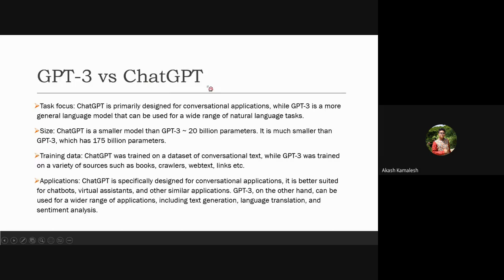And GPT-3 versus ChatGPT was what I wanted to talk about. ChatGPT is primarily designed for conversational AI. So it is specifically for conversational applications, like you talk to it as a bot, as a person, to get your answers. So the training data is also different. GPT-3 is a more general model which can be used for a wide range of tasks. So you could alternatively ask it to do much larger tasks for you, whereas ChatGPT may not do it for you